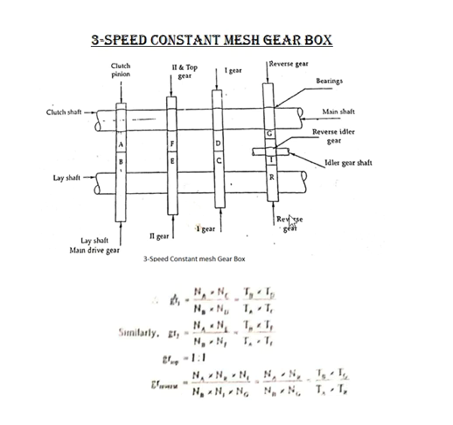So the reverse gear ratio here. Once again, the power comes from the engine to the clutch shaft to the lay shaft to the reverse gear on the lay shaft, then the idler to the reverse gear on the main shaft. So here, NA by NB into NR divided by NI, once again, NI divided by NG.